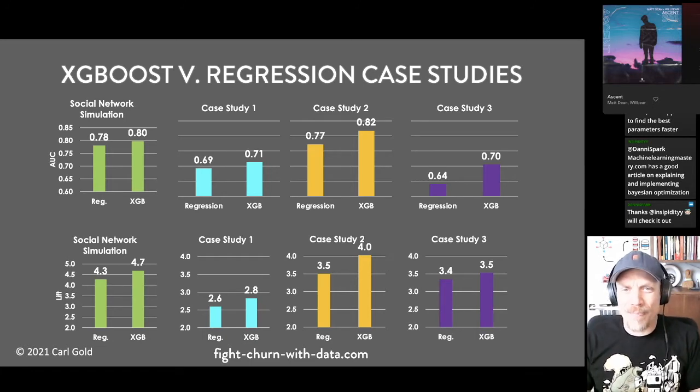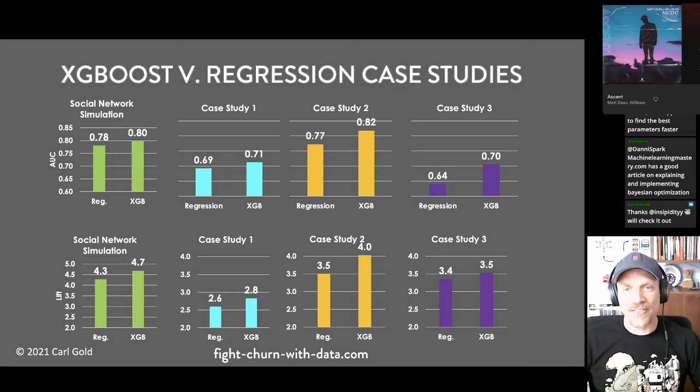As I explained in the book, the lift metric is kind of unstable. It's good for explaining your model to business people, but it's actually not that good for fitting your model. So focus on AUC. But this does show that in every case, XGBoost is more accurate than regression by a few percentage points in AUC, from 0.02 to 0.06 in these examples.